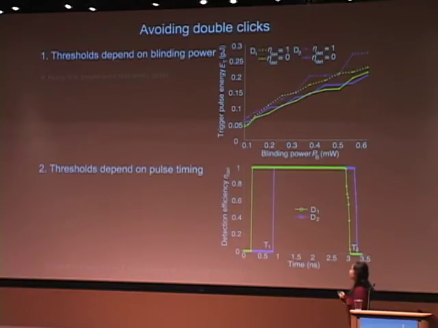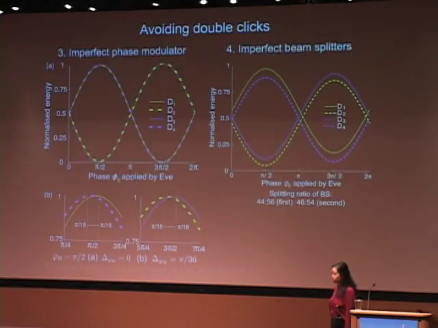These 2 strategies exploit the imperfection of detectors. So we have already shown DDI QKD is not detector device independent. It still depends on some imperfection of detectors. But also, we could exploit the imperfection of Bob's linear optical network. We could also use 2 different ways to avoid double click.